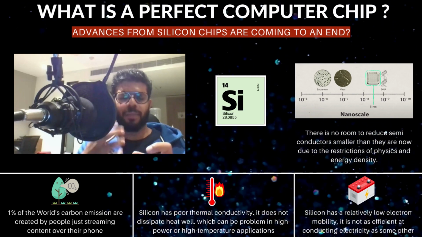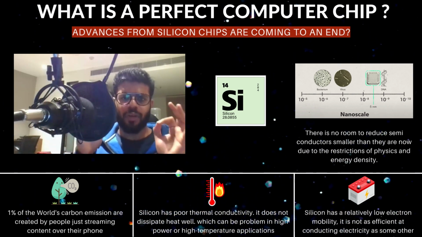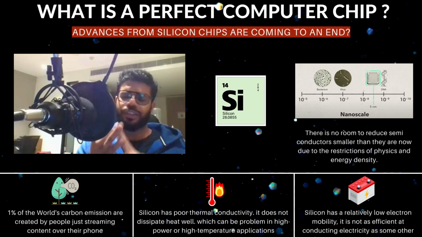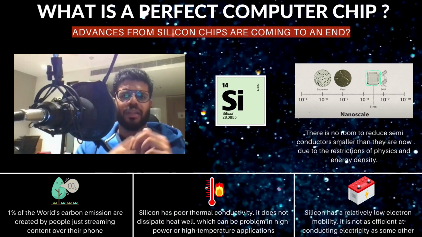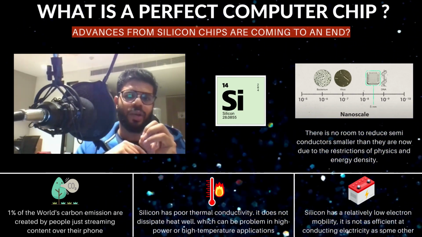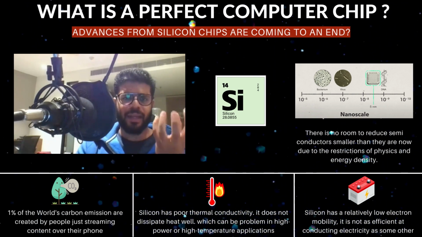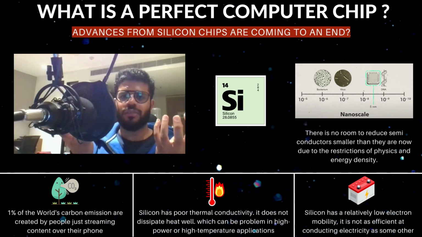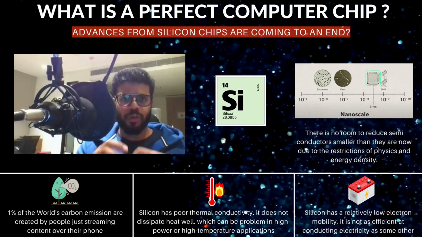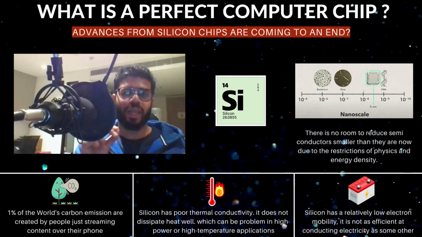Before we get into what the replacement for this is, let's try to understand what a silicon semiconductor is. It is the foundation of modern electronics and is used in a wide range of applications including computers, smartphones and other electronic devices. Silicon semiconductors work by a process called doping. So let's get back to the good old school days. Doping is to create a region of excess electrons, which is the N-type semiconductor, or a deficit of electrons, which is the P-type semiconductor, in a silicon crystal. When the doped regions are brought into close proximity, they create a PN junction diode that can be used to control the flow of electricity.